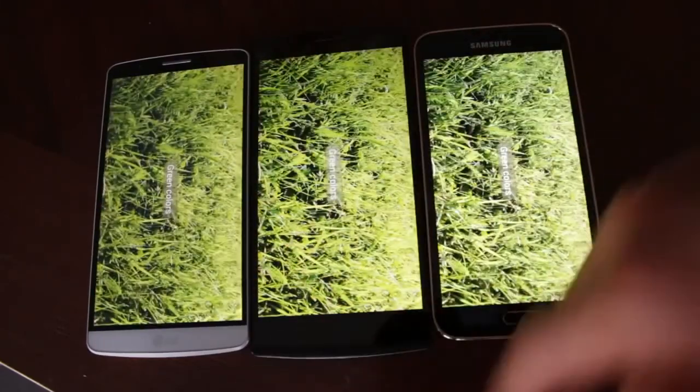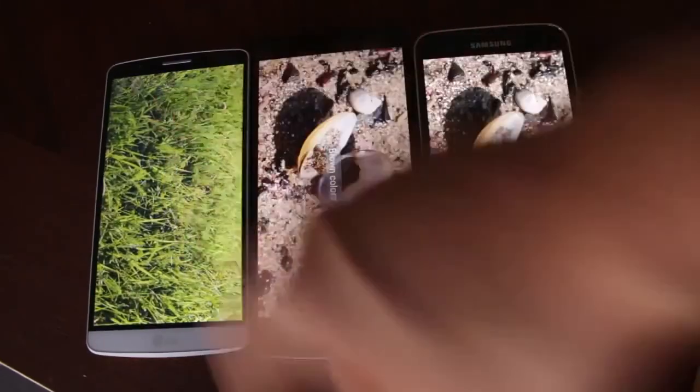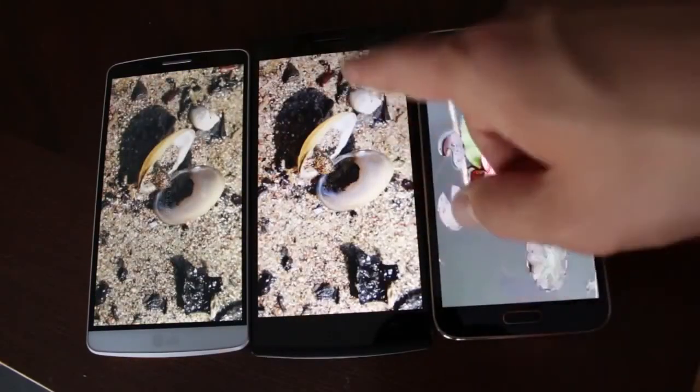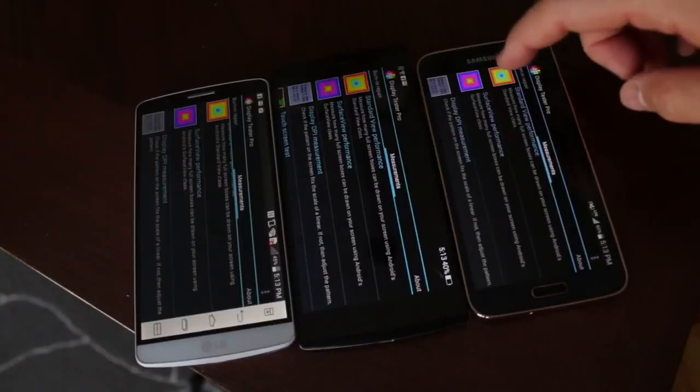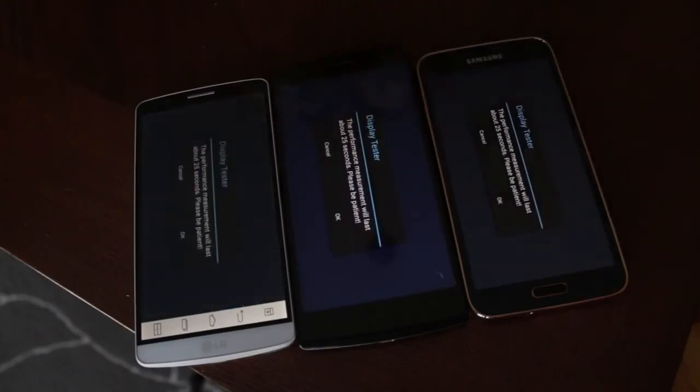So if you want to see a further testing of these three devices for the actual UI, then let me know. Then I will make a separate video for that. But just in my personal use, the Oppo Find 7 definitely has the most fluid experience on the Quad HD